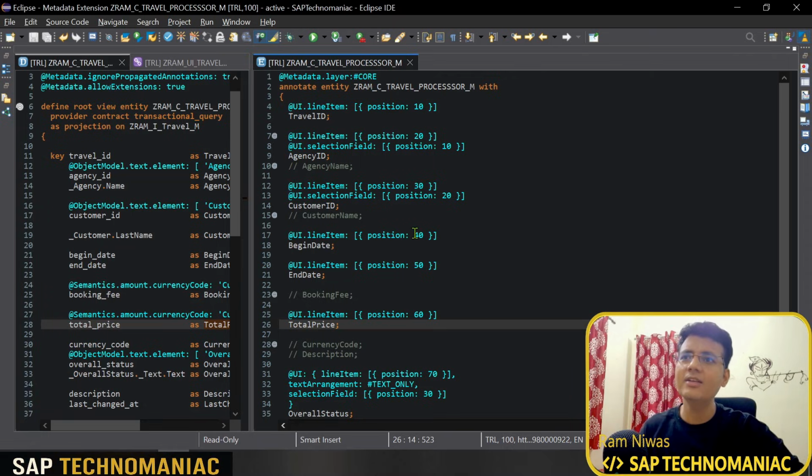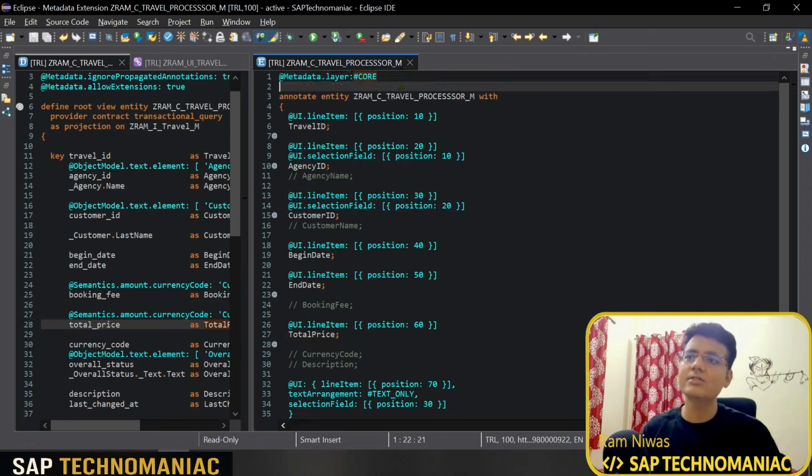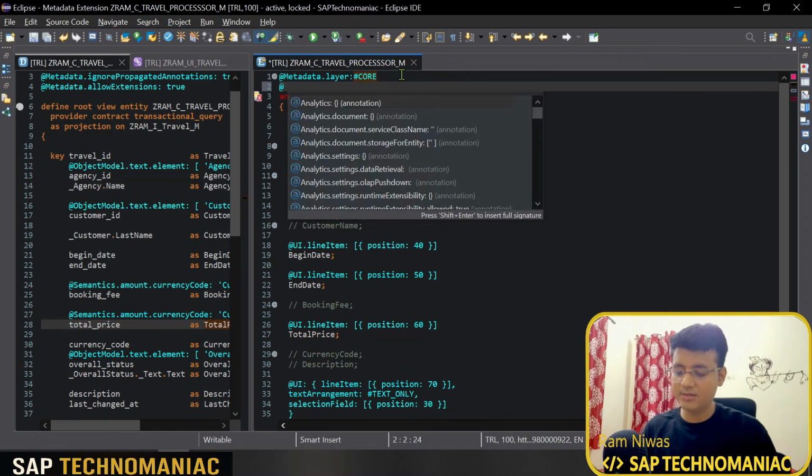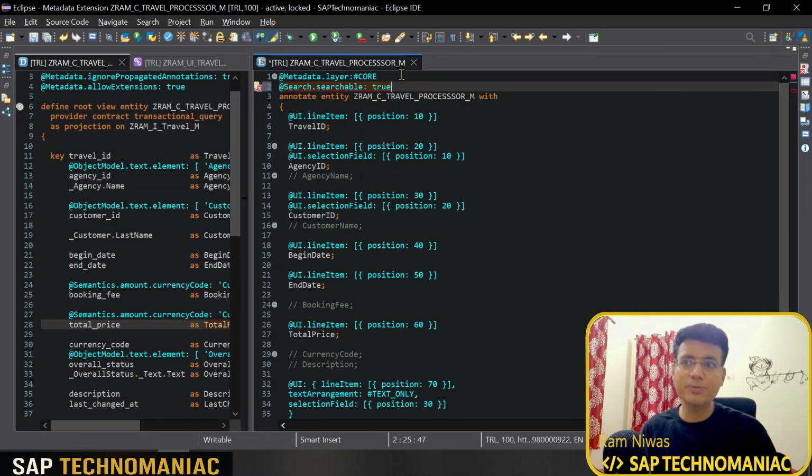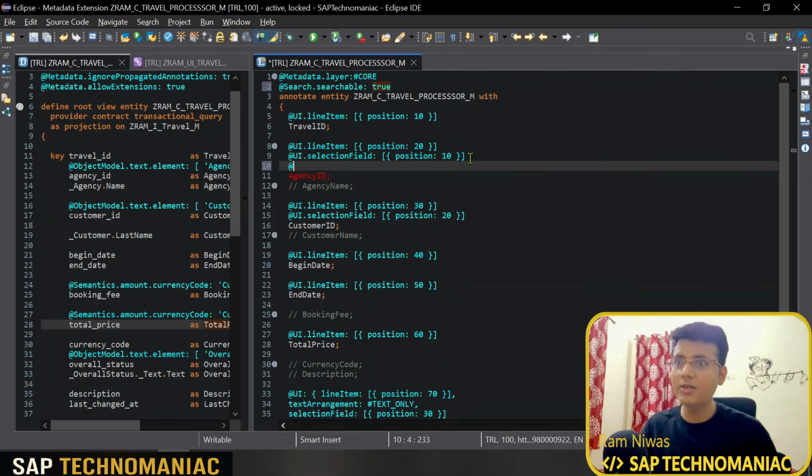We have to add @Search.searchable: true. I have to make this particular entity searchable, and then say which field you want to search whenever somebody enters some text in that particular search field. So I want to search for @Search.searchable: true, Ctrl+Space,